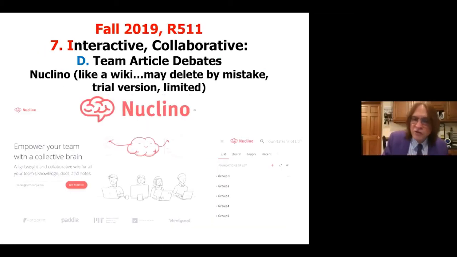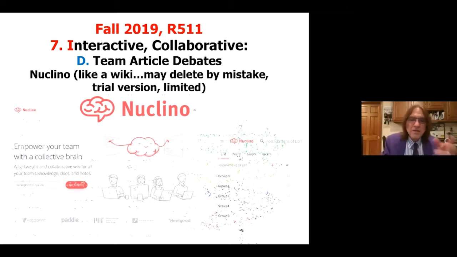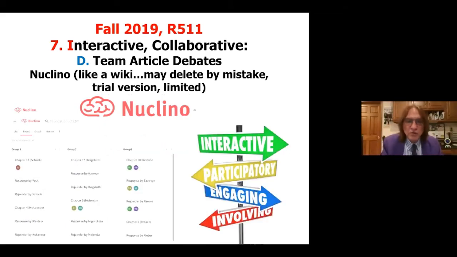Last year, my students used a new tool that's not perfect, but it worked, called Nuclino. Nuclino is a wiki-like tool for teams to have debates and to do role play online. It's worth checking out and trying it once and seeing if you like it. They call it a collective brain or a collaborative wiki. Nuclino is a free tool where my students at Indiana debated with students at another university, okay? They were using the tool to discuss articles from different points of view. And there's different chapters, different articles.